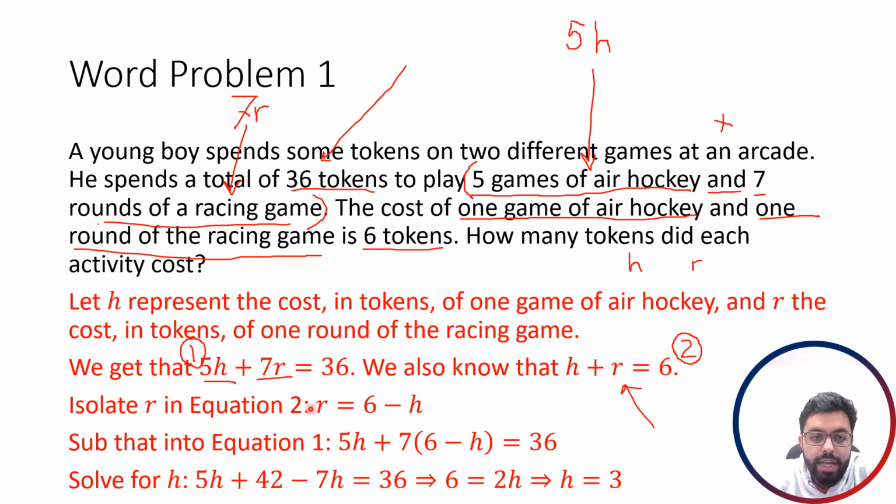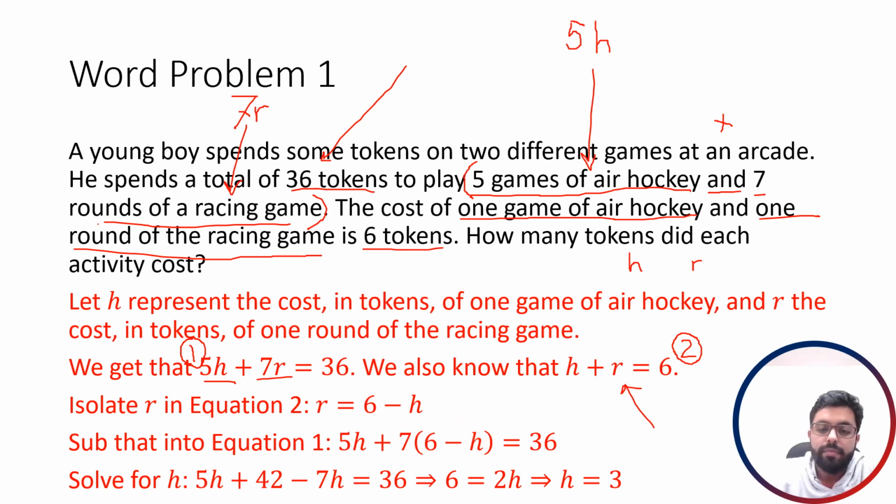And then what we're going to do is, now that we know that R can be written as 6 minus H, we're going to plug that right into equation 1. Remember the equation that we didn't start with? We're going to plug this thing, this 6 minus H, anywhere that we see an R. So looking at equation 1, we've got an R right there attached to the 7. So I'm going to rewrite equation 1, but instead of writing 7R, I'm writing 7 multiplied by 6 minus H